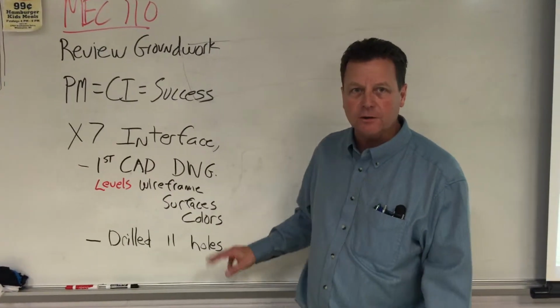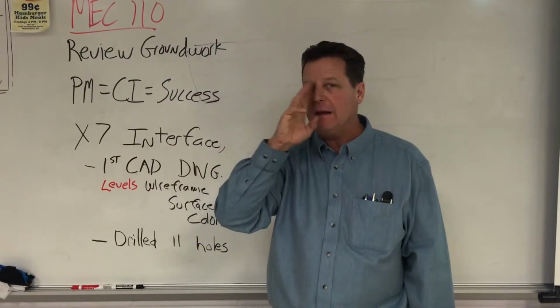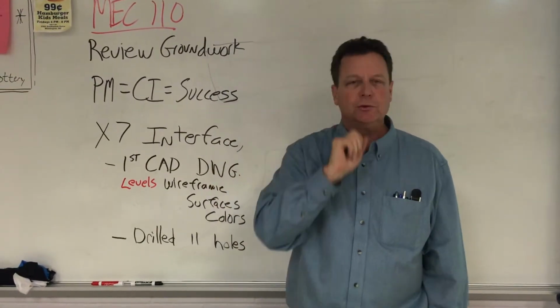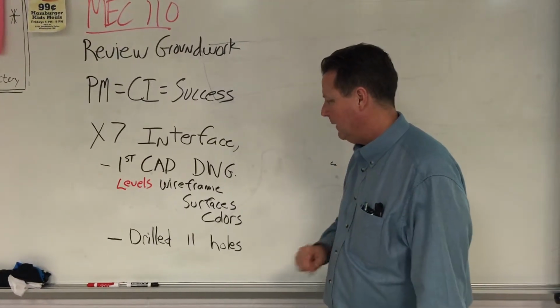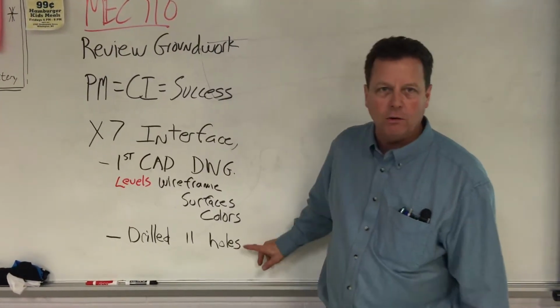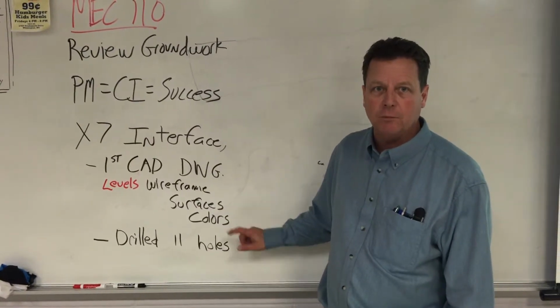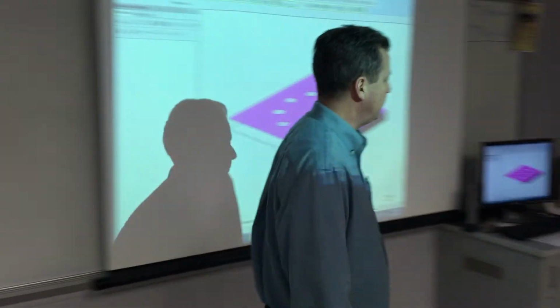We worked in colors. We right-click on the word colors, then we right-click on the entity we want to change its color. We hit enter, we choose the color we want it to be, and then green check, it's done. Then we didn't get to drilling any holes, but that's what's up for next week. We're going to open up this same model, and we're going to drill holes, and we're going to cut the outside contour. Over here is the part drawn